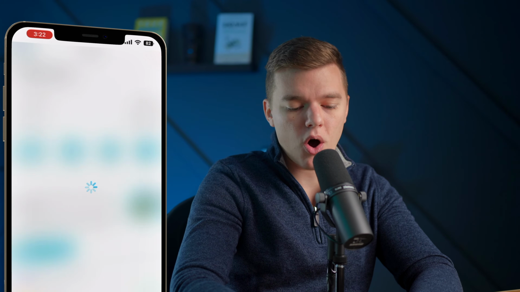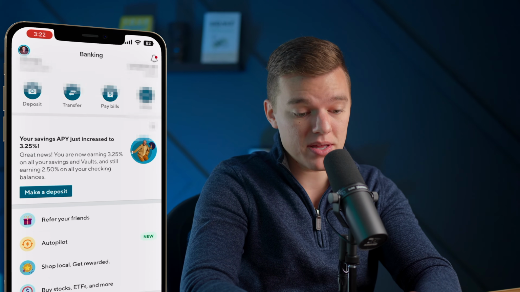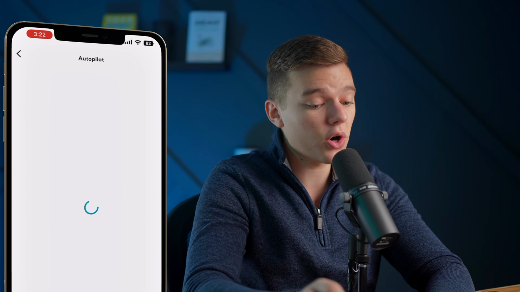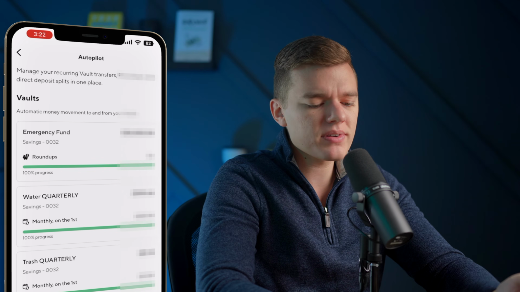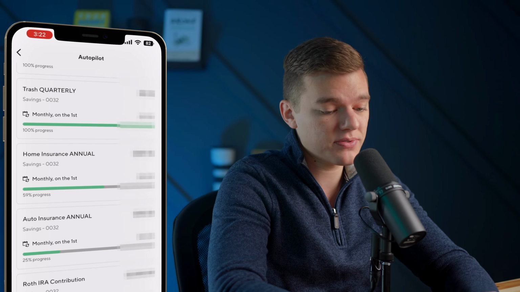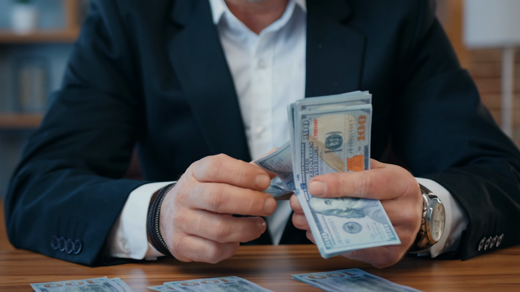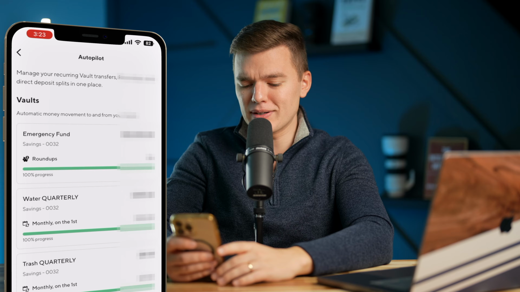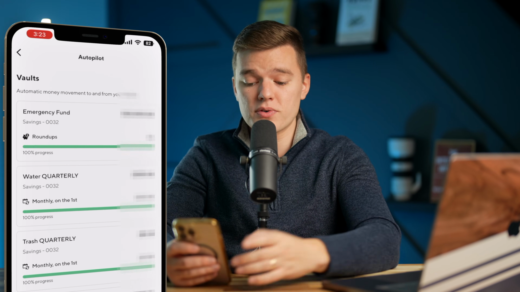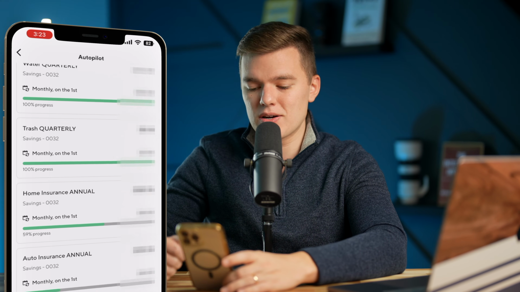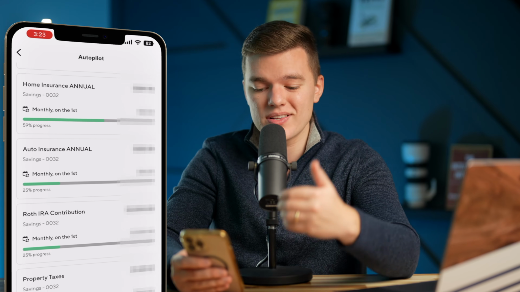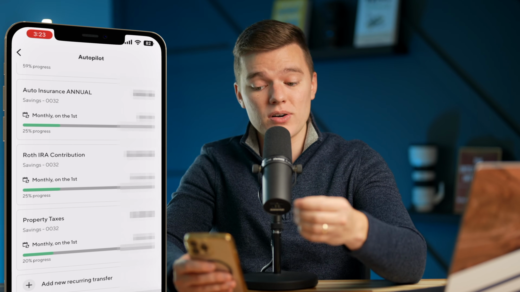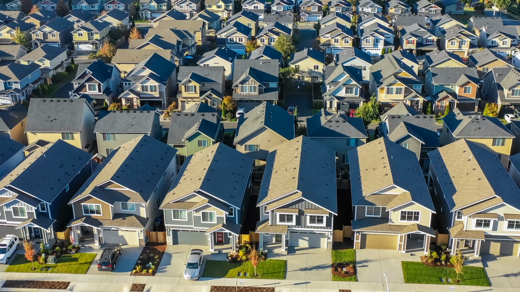So quickly, if we go all the way back out to the general banking tab and scroll down a little bit, you can select Autopilot in this menu, and you'll be able to see all of the different automated transfers that I currently have set up into my different savings vaults. And personally, we get pretty detailed, including stuff like a monthly transfer for our utility bills that you can see here, monthly transfers for our home insurance, monthly contributions to our IRAs, and even setting money aside for property